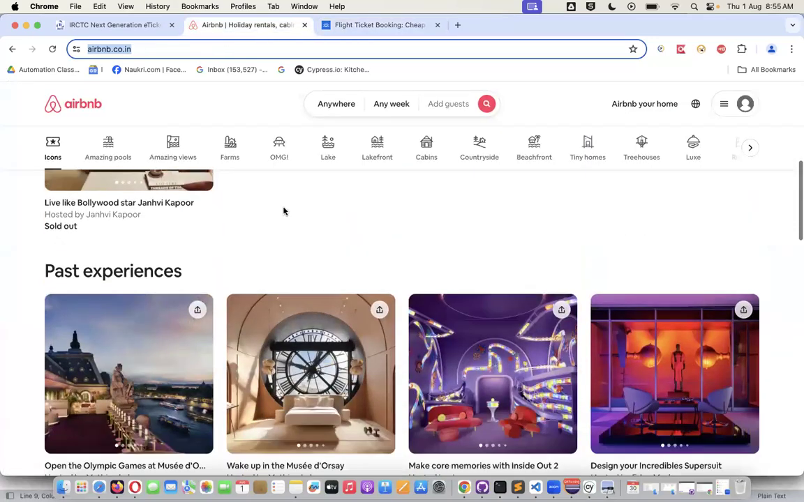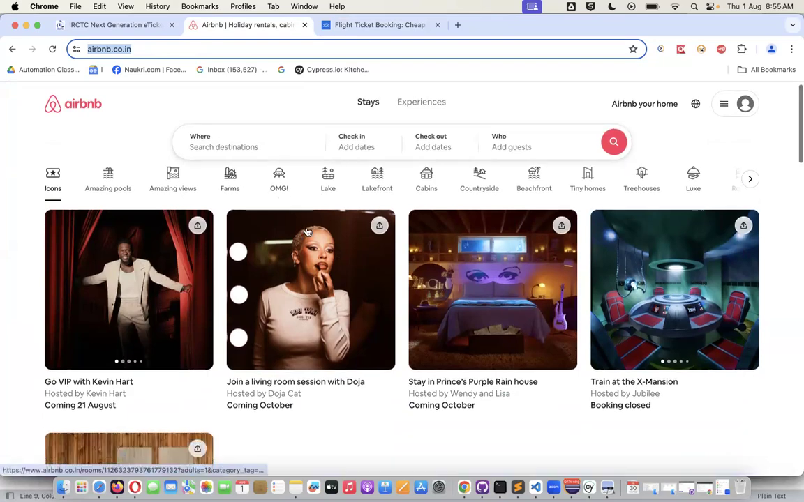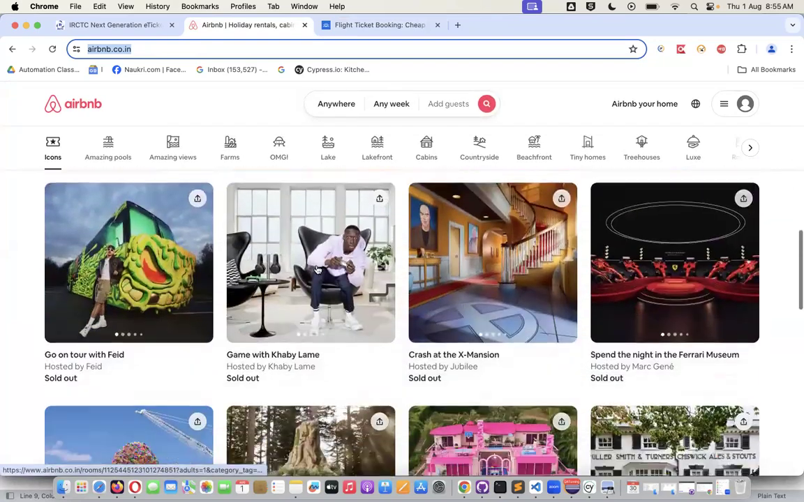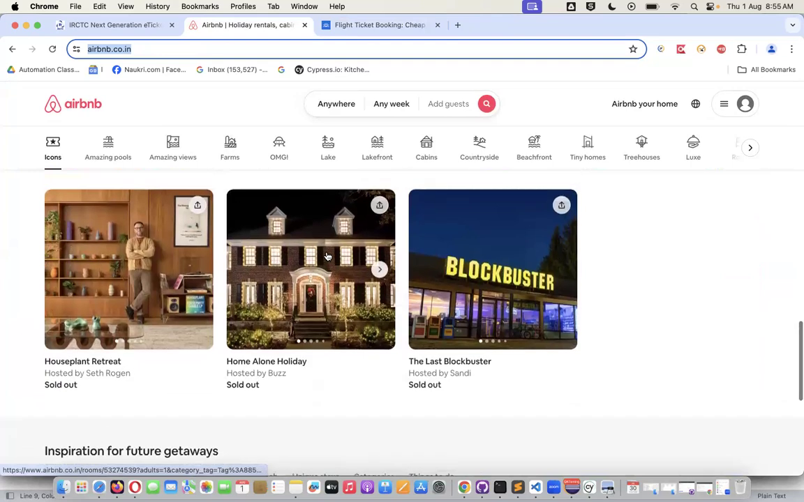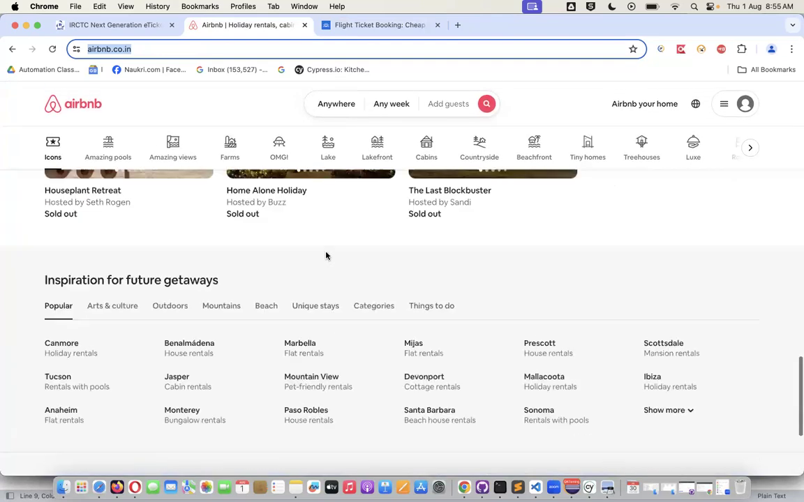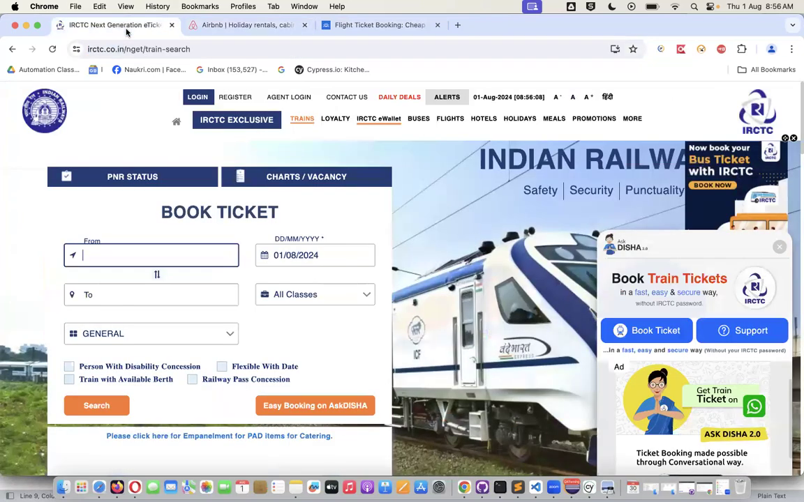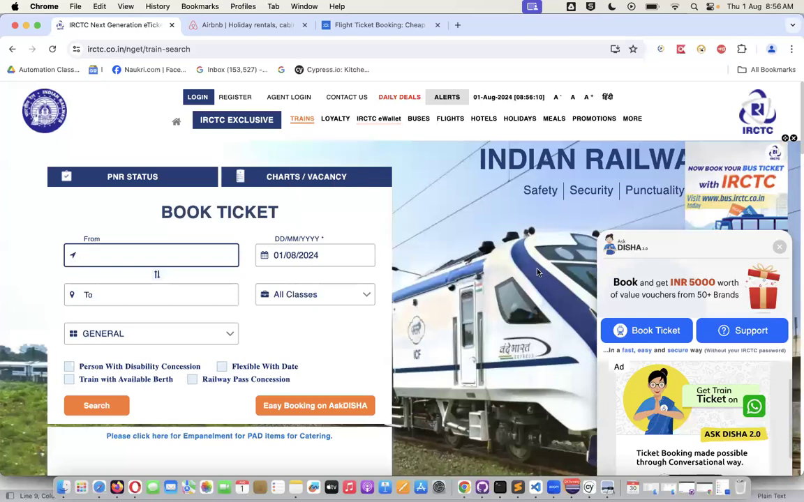Airbnb, on the other hand, you will see that the images used on this website are very high config, guys. The image quality used over here is of very, very high resolution. That's the reason the UI UX is comparatively the best compared to the other websites. On the other hand, IRCTC, guys,